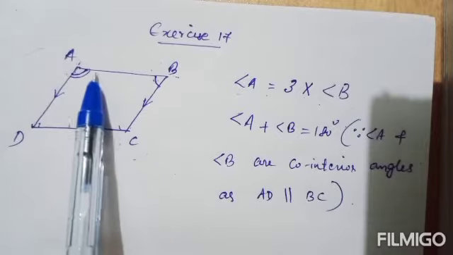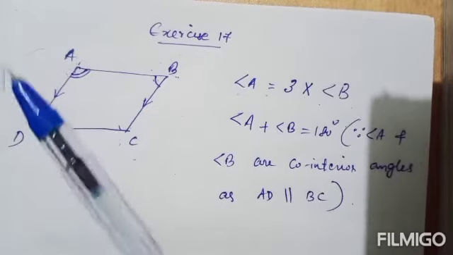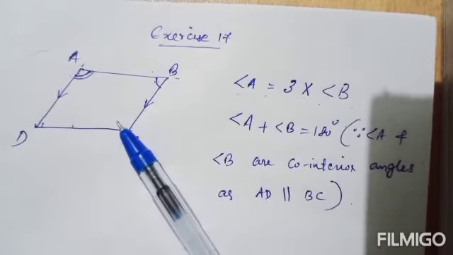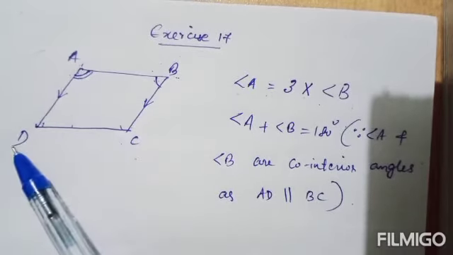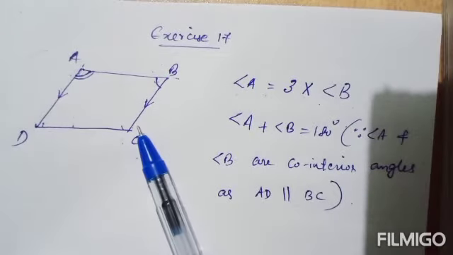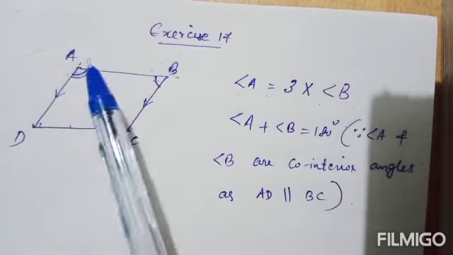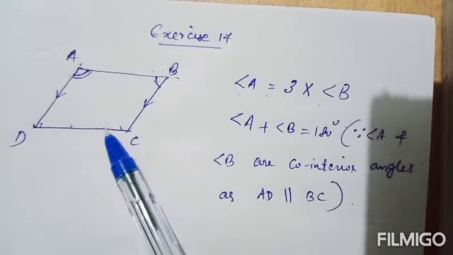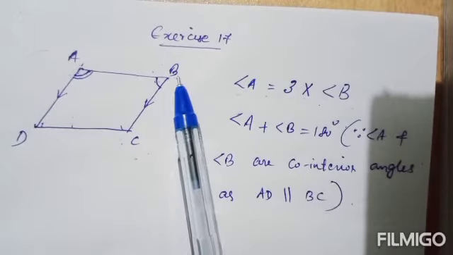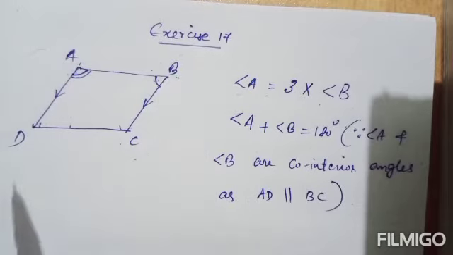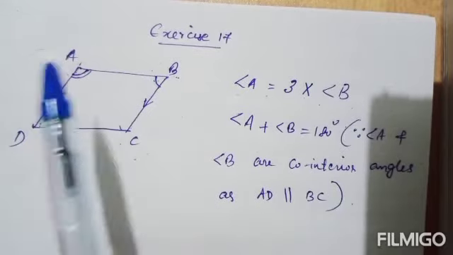So here, angle A and angle B. You know the properties of parallelogram. In a parallelogram, opposite sides are equal and parallel. So here AD parallel to BC we can see. These are opposite sides of a parallelogram. You can see from the diagram AD and BC are opposite sides, so they will be parallel. And this AB will be the transversal then. You have studied this in your lower classes. If AD is parallel to BC, this AB will be transversal.